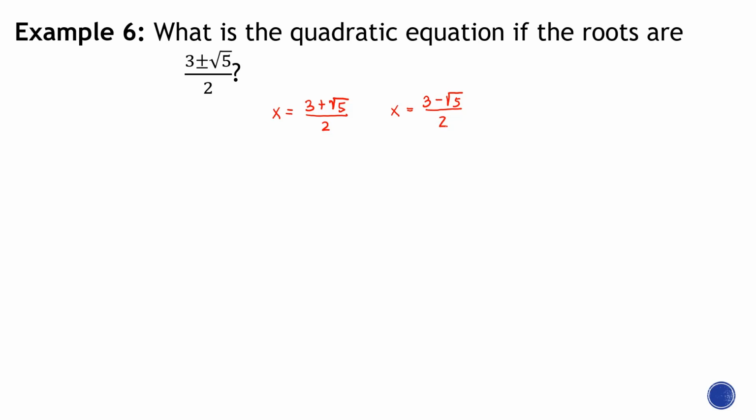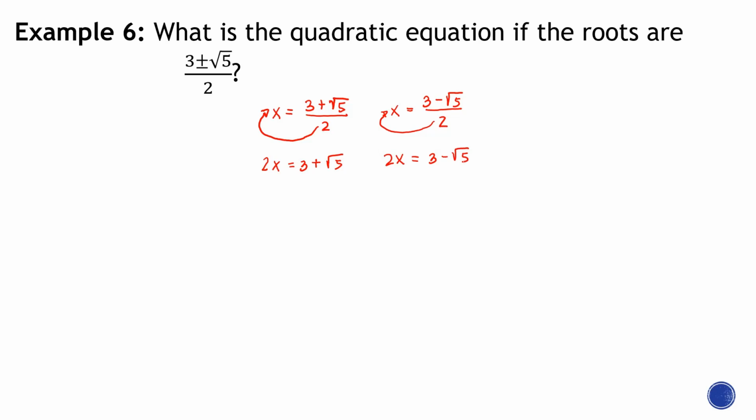So first step, we need to move this to x, and that 2 becomes the numerical coefficient of our x. So that would be 2x. Now the reason behind that, for some of you might be thinking, why are we doing that? That's actually multiplication property of equality, okay? So 2x equals 3 plus square root of 5, and then this is 2x equals 3 minus the square root